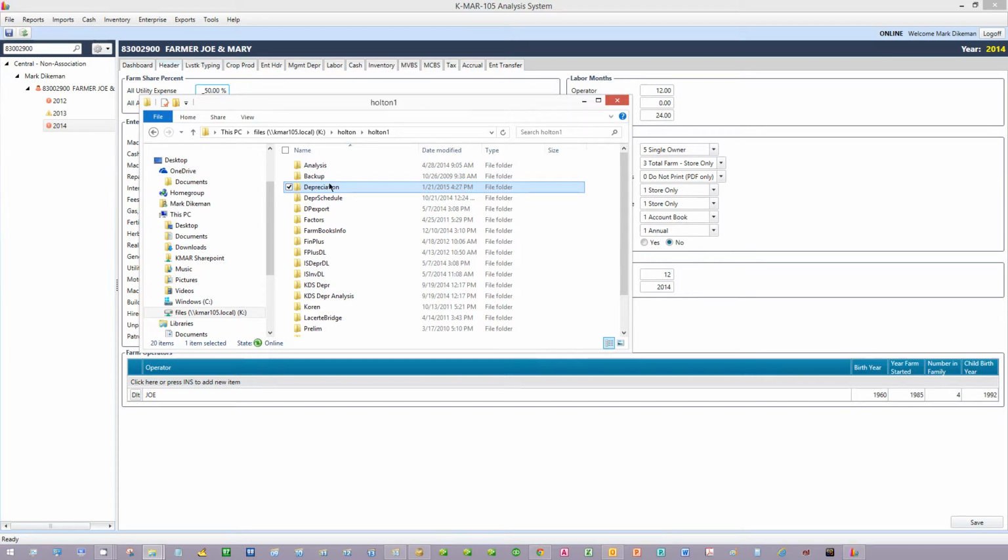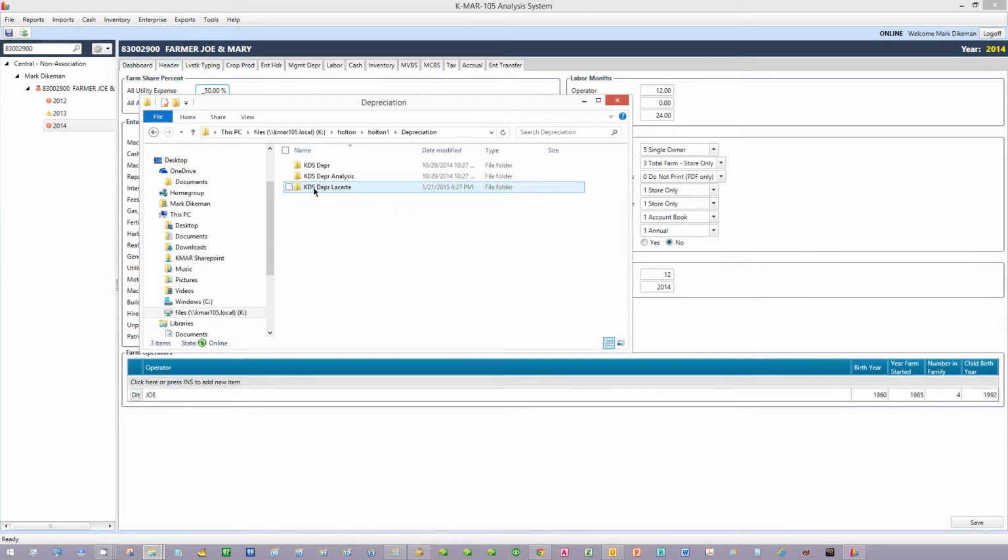That folder is under each individual economist. It's a depreciation folder. There's a KMAR or a KDS, DEPR, Lacerte, and then a year, and then the depreciation import files. Now, these import files that are generated automatically when a schedule is processed